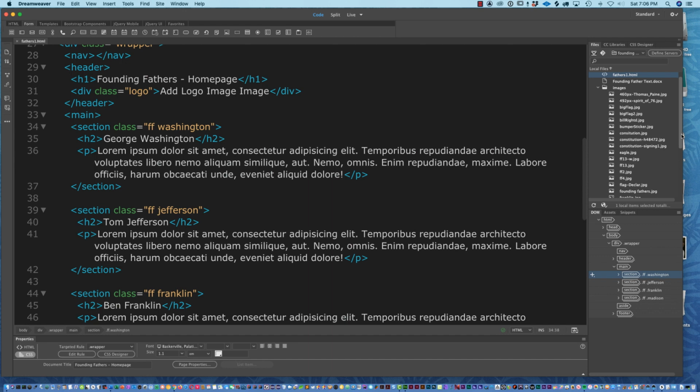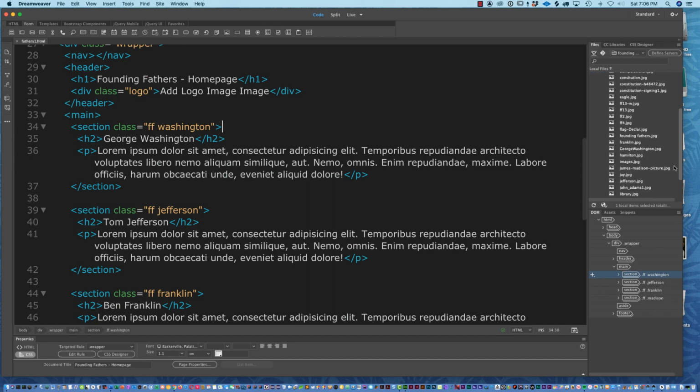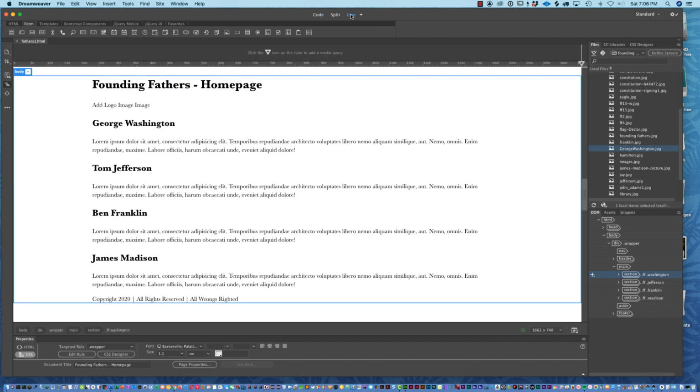And if you open this up, you'll see that we have, for example, an image of George Washington, georgewashington.jpg. And if you'll recall in class, what we did with some of the additions of images was to have Dreamweaver help us out by using the